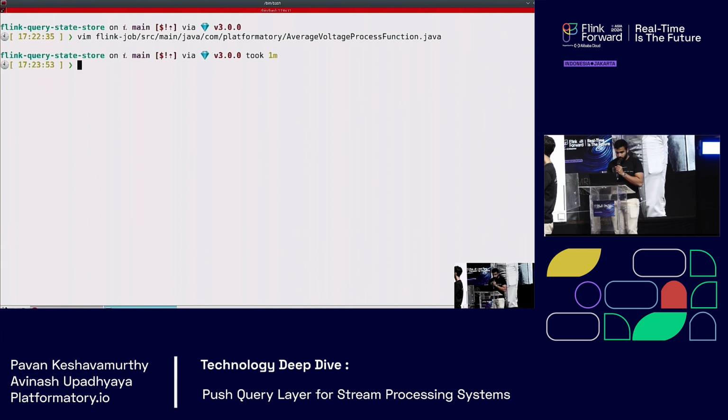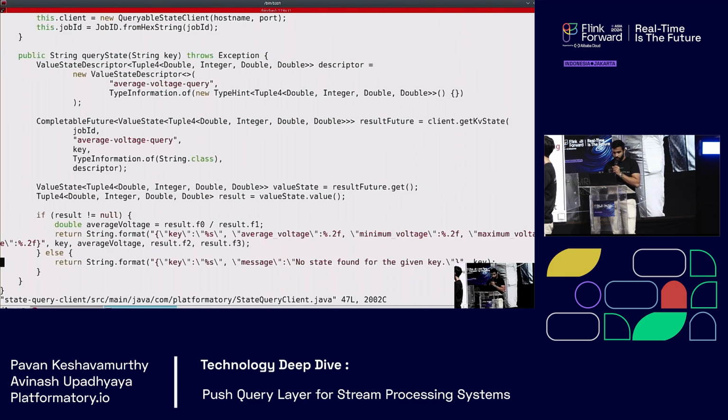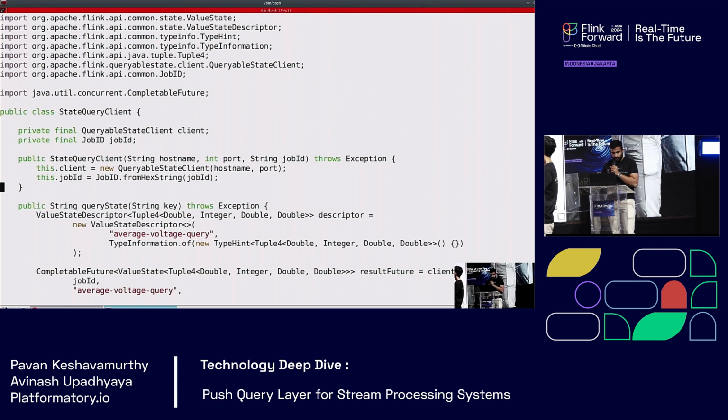And next we will take a look at how we're actually querying the state store. This is the part where we're actually querying the state store. We need to first initialize a state query client and point it to the task manager host and port.